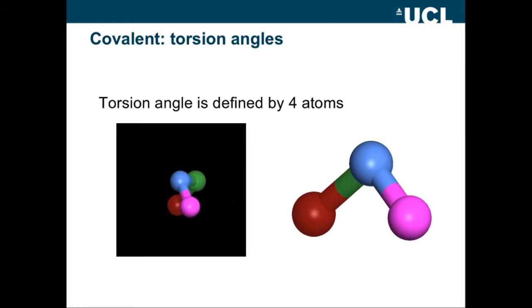So at this point here you get the projection that you see on the right. So the green atom is exactly behind the blue atom. And on that basis we can calculate an angle between the red, the blue and the purple atoms. So that's what's known as a torsion angle. Now in the case of torsion angles we can't use Hooke's law